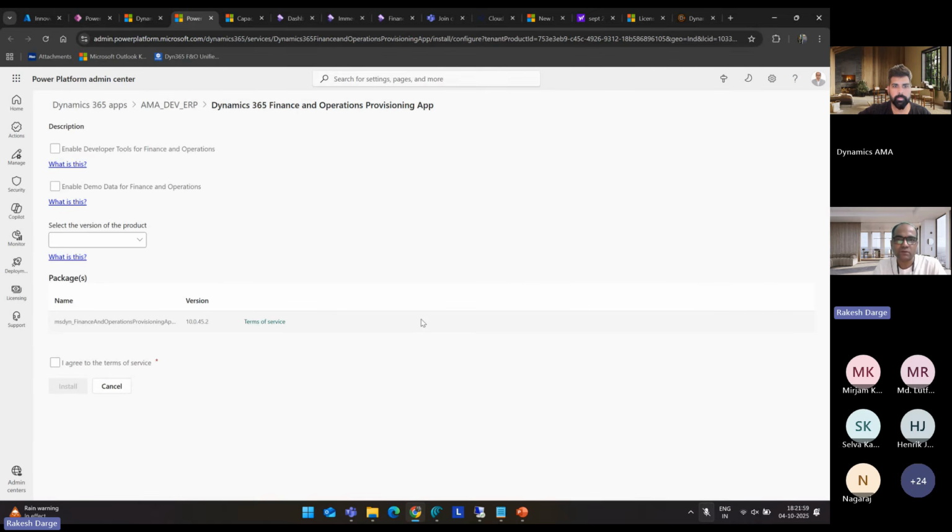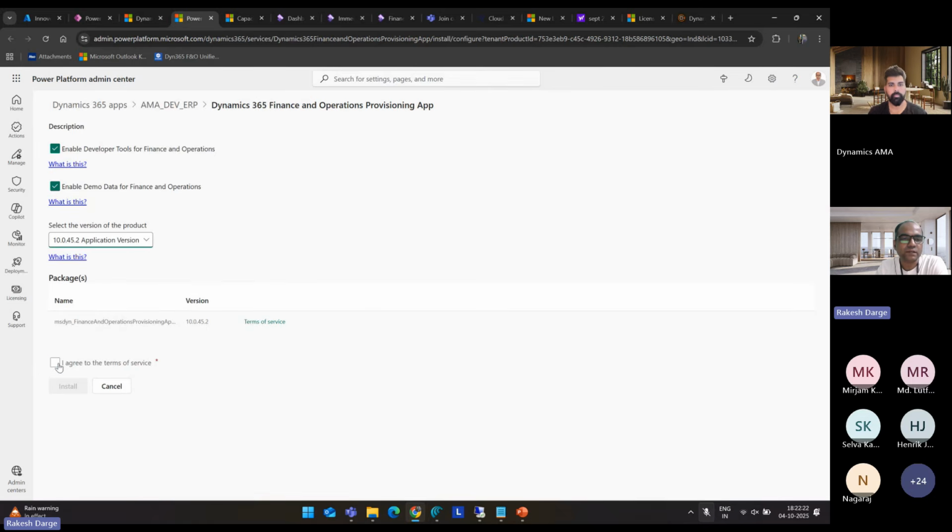Okay, so first and foremost, this provision app, because Finance and Operations app ERP is always different than the other CE and Power Apps family products, requires human intervention. Therefore, you can see you need to enable the tool, you have to enable the demo data, and then you can select the respective package. I'm going to select the latest one, which is 45.2 version.